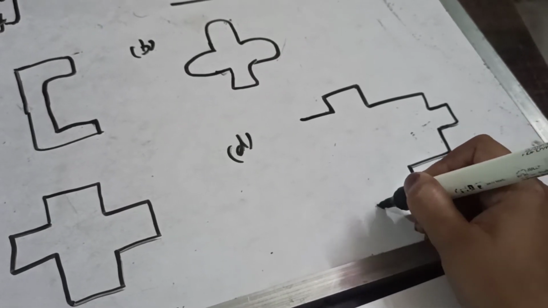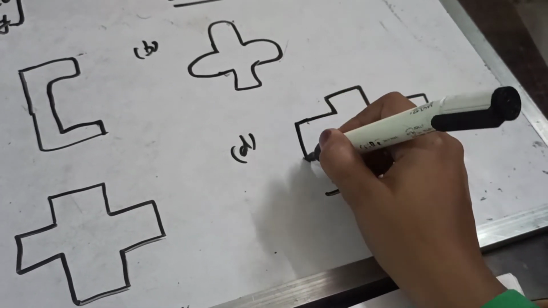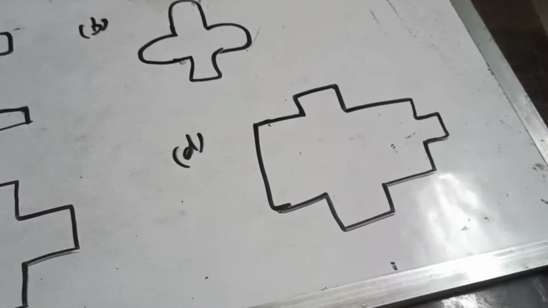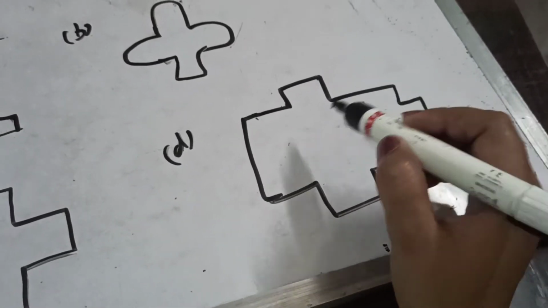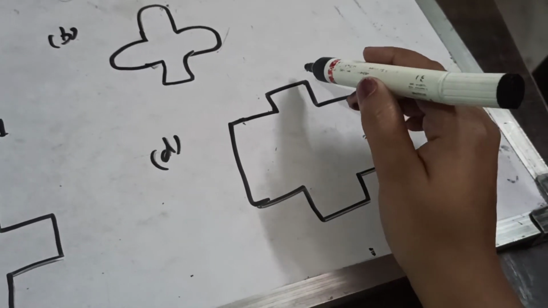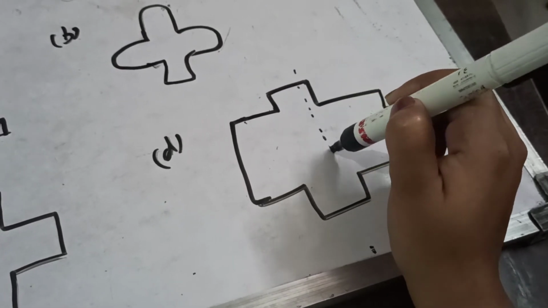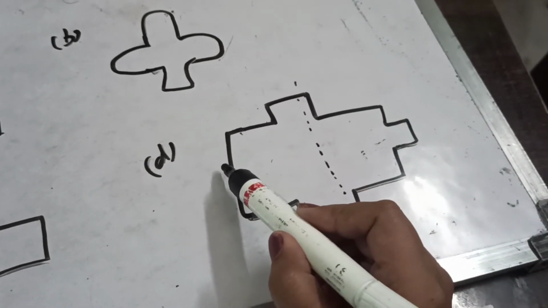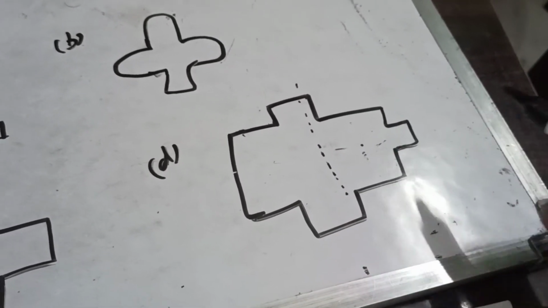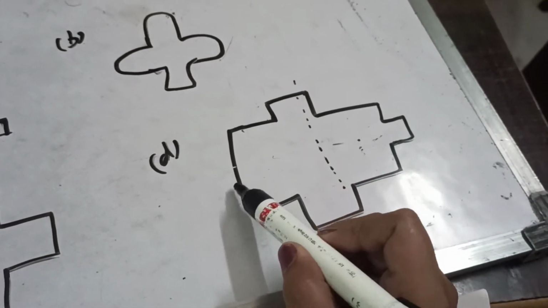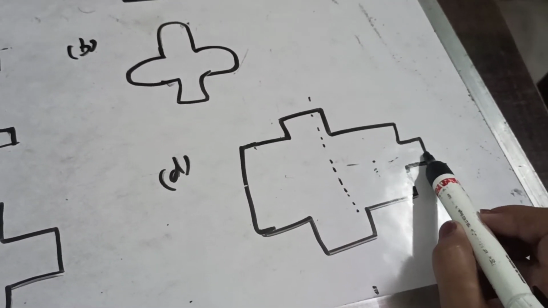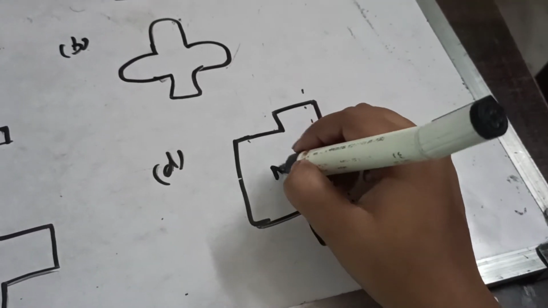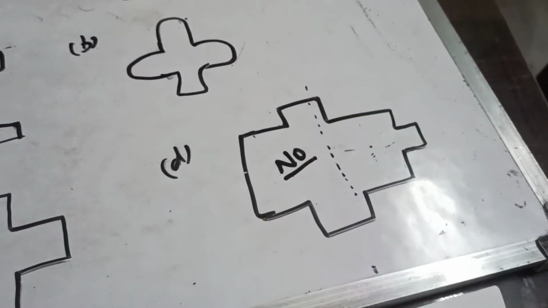So firstly, see, by this figure only, अगर हम firstly we will check by vertical. Vertical, is it possible? No. If I try with horizontal, then it is also not possible, because on this side it is not given any. This side is one box. Clear? So this figure has no line of symmetry.